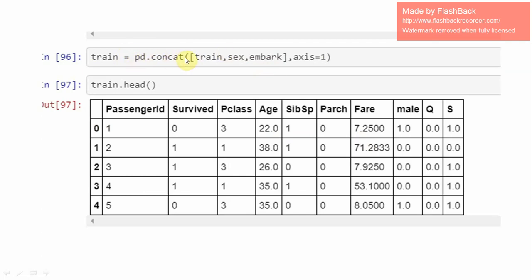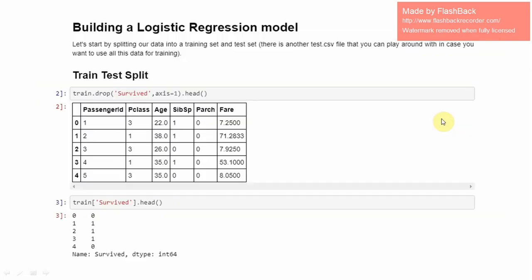Now we concatenate the train data with the embark and sex dummies. If we check that, it displays passenger survived, class, age, siblings, everything, and male is 0 or 1. If it is 0, it means it's a female. Then Q, S, and things like that. So now